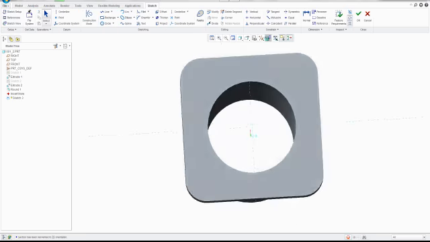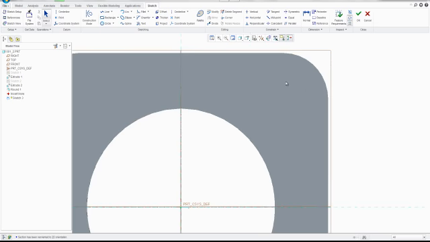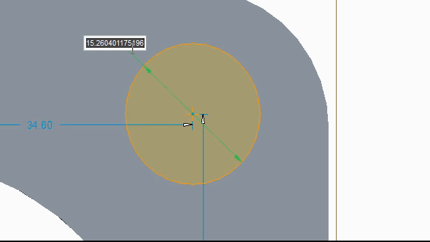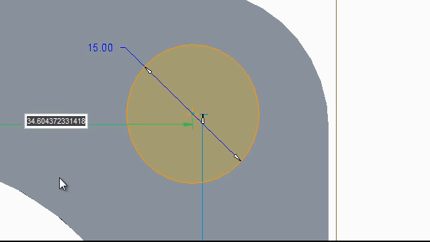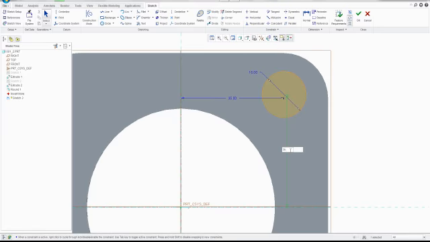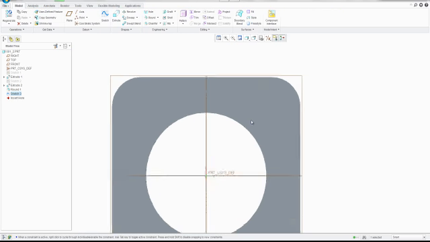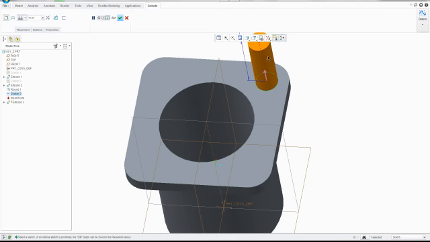I'm going to reorient my sketch view here, and I'm just going to pick a corner. Let's do this side, and I'm going to add a circle. Define the diameter, which is going to be 15, and let's make these some nice round numbers here. 35 for my location horizontally and 35 for my location vertically. Okay, so of course I can check OK. I can go further to extrude that sketch, to remove material,